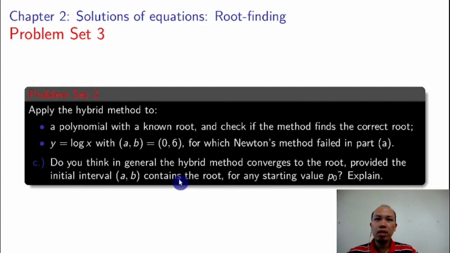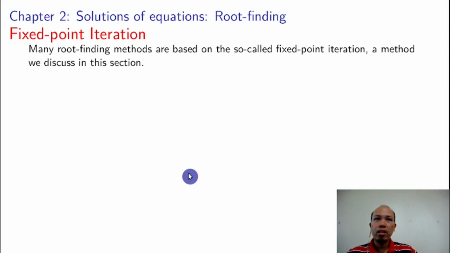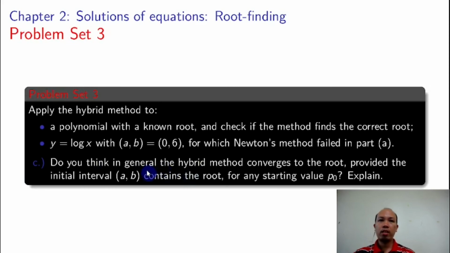Letter C, do you think in general the hybrid method converges to the root, provided the initial interval AB contains the root for any feasible starting value, and explain that one. Okay, so that's it for the second method. I will also ask a question just like with Newton's method, to where does the function or the given will fail. I'm going to ask that one in